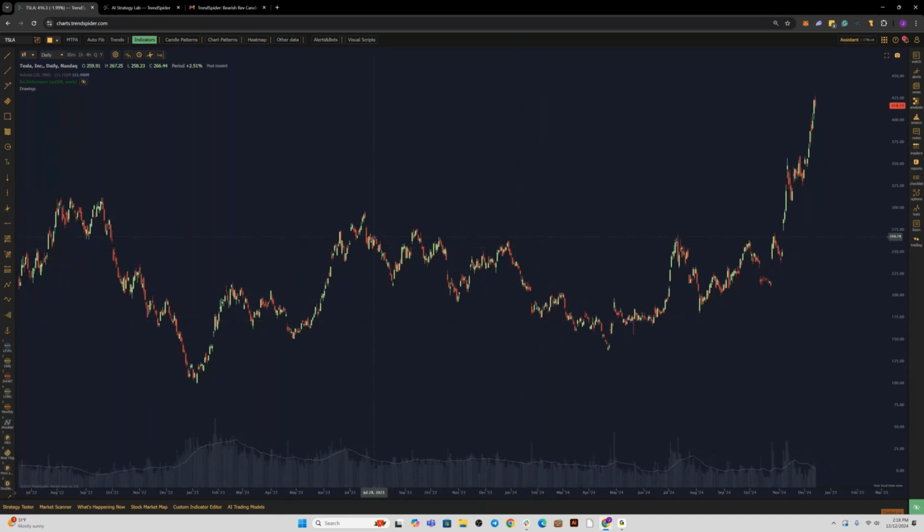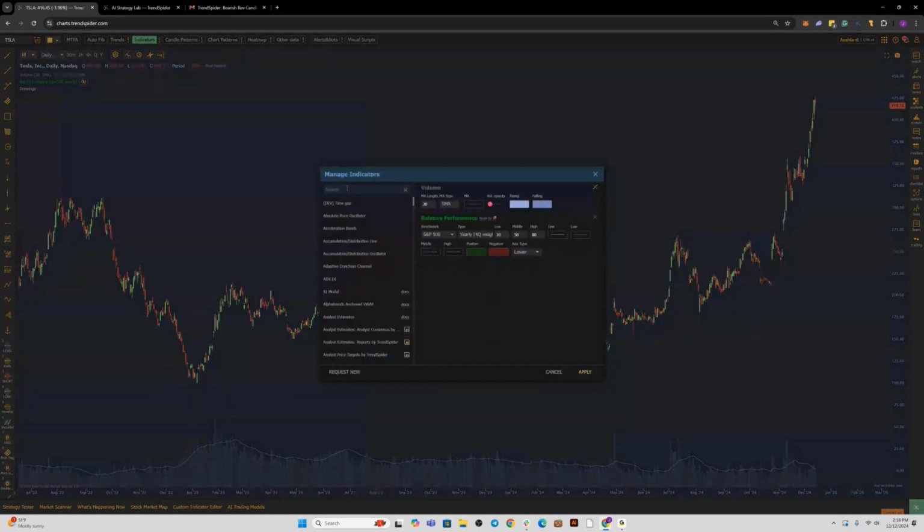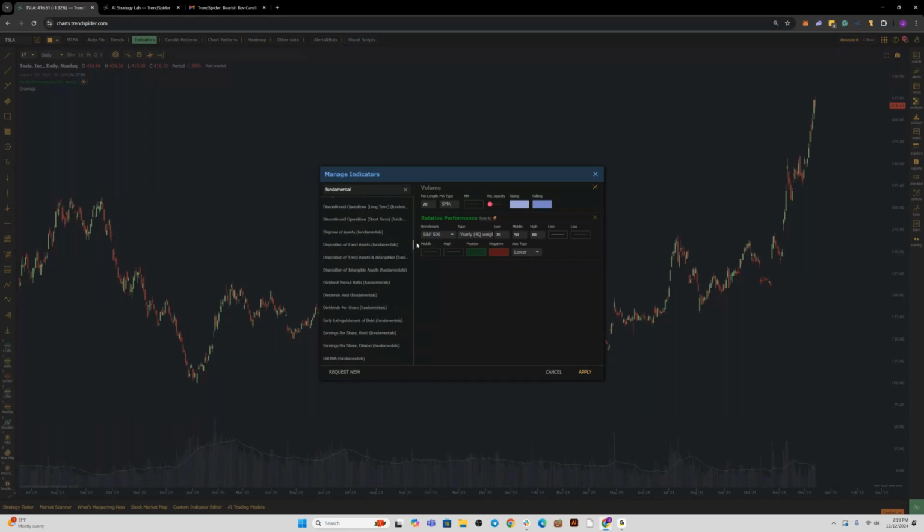We've made a ton of improvements to the platform this year, a lot of changes. One of the biggest requests that we got and that we've gotten ever since I've been here for almost 5 years now, is fundamental data. And happy to report that we've brought fundamental data to the platform this year. So you name it, any fundamental data point that you could think of, I'm scrolling through them here so you can kind of see just how many of them there are.